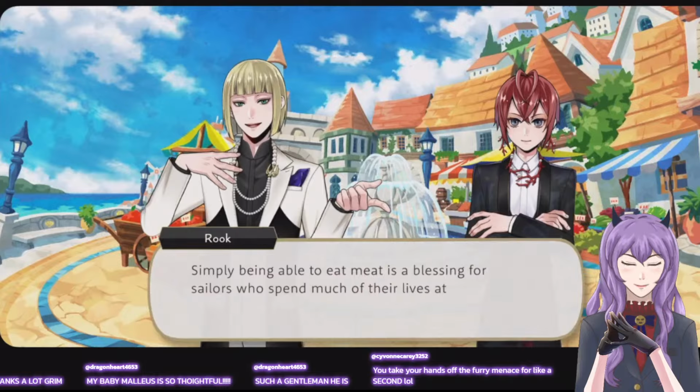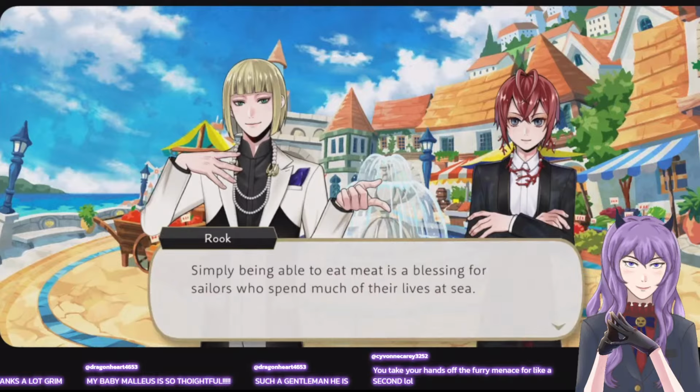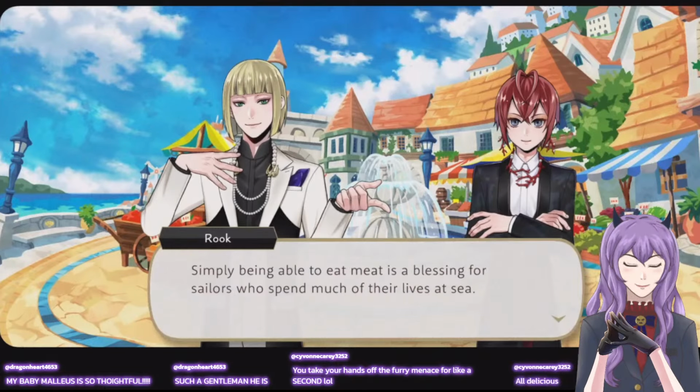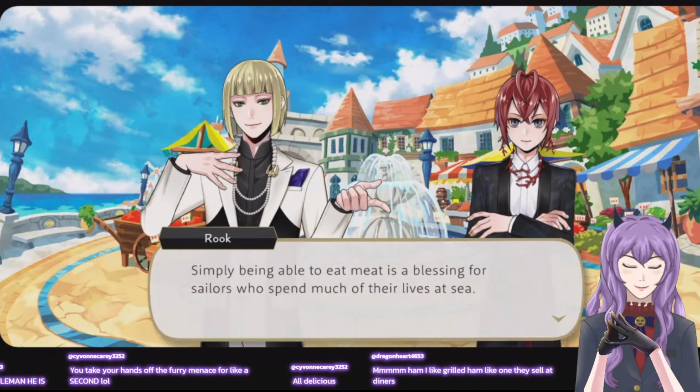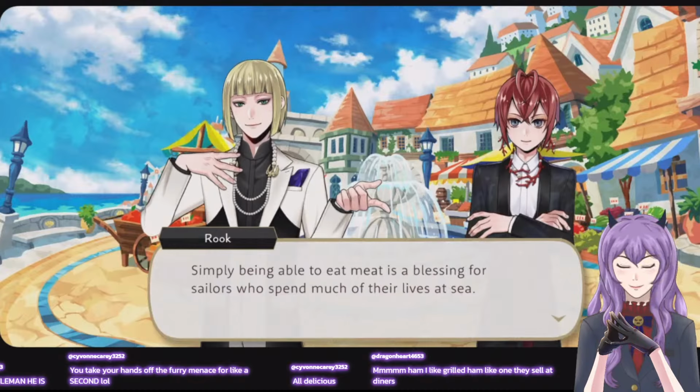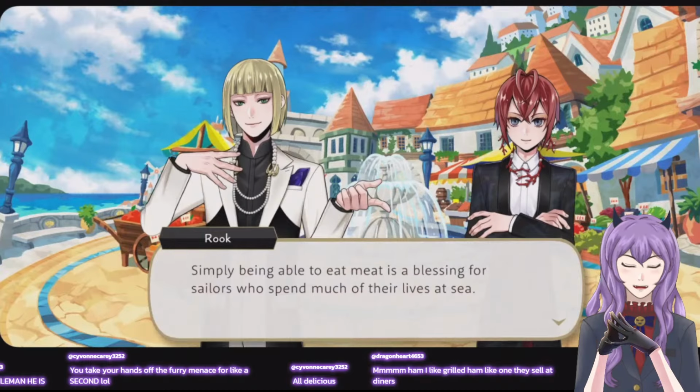Smoked ham as well. I'm not really a fan of the sweeter ones. I know there's some hams that are maple or maple bacon, but I prefer the smoked flavors rather than the sweet maple flavors.